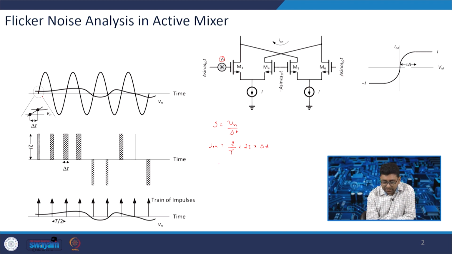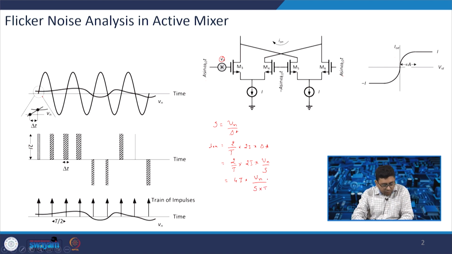Now here this delta t we can replace. So I on equals 2 by T into 2I into Vn by S. We can write this equation as 4I into Vn by S times T. This S we can also get based on the amplitude of the sine, that is A sin omega LO t. We get S which is equal to 2A into omega LO, and the T is given by 2 pi by